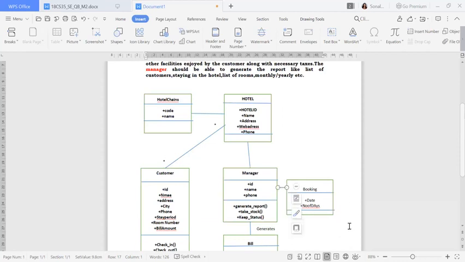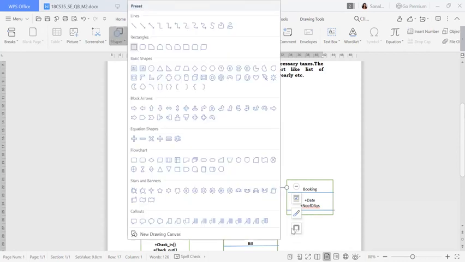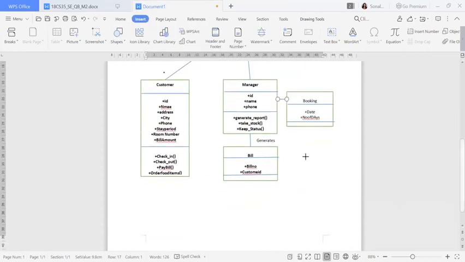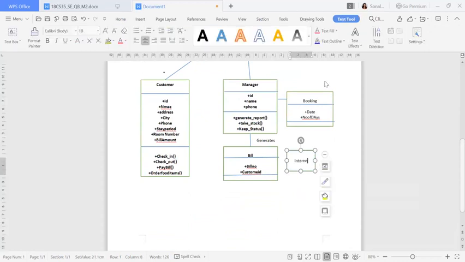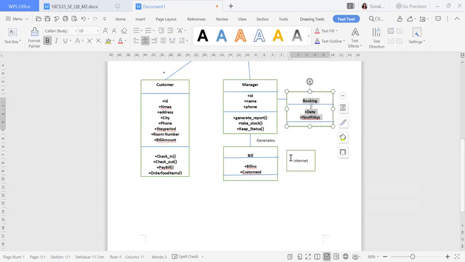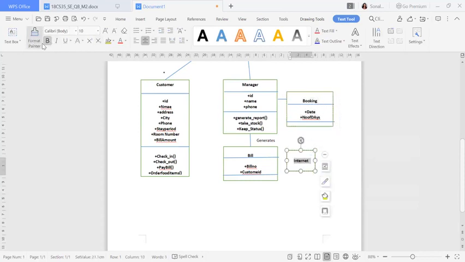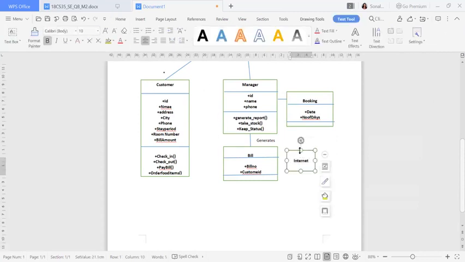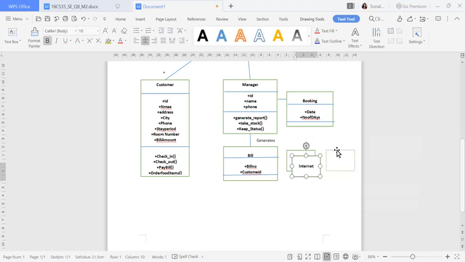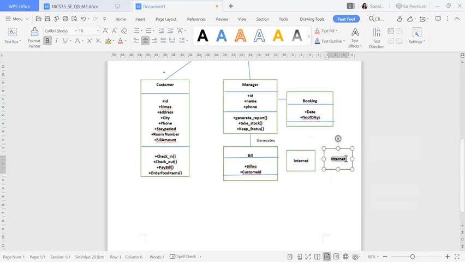Okay, manager to booking. Now, as I told you, according to the question, this booking is of two types. One will be your internet booking. Let me write it down first: this is internet booking. One more is also there, that is phone booking, right? So I'll just copy this and write here, phone booking.